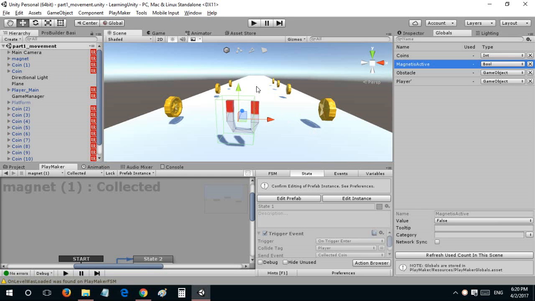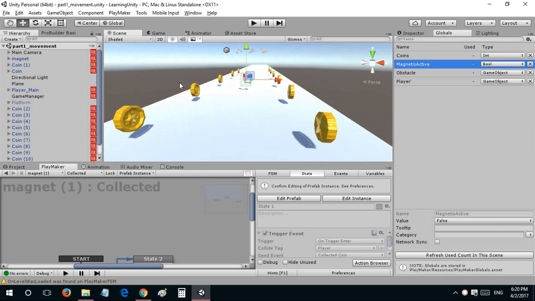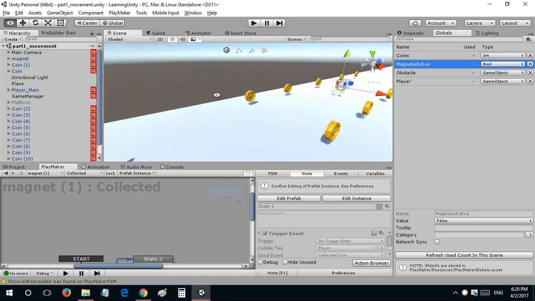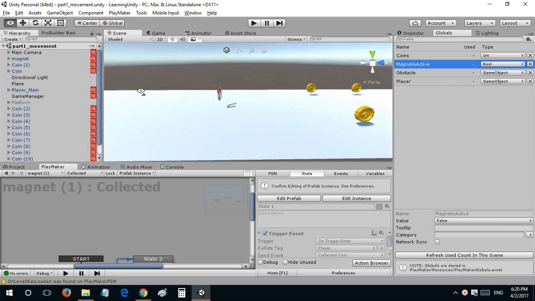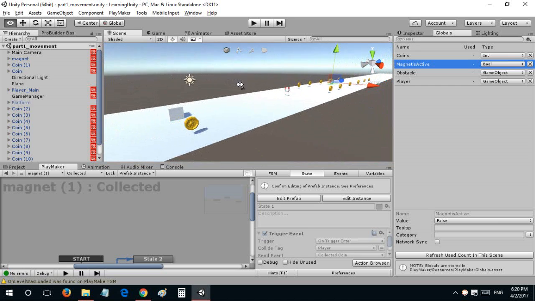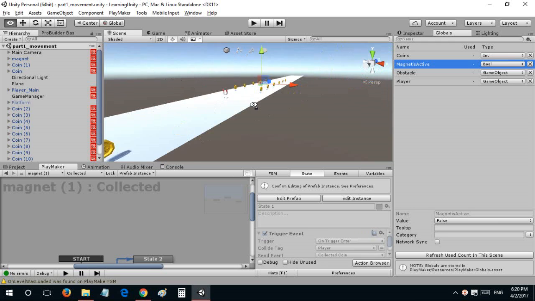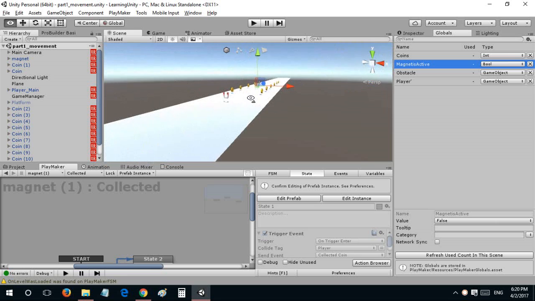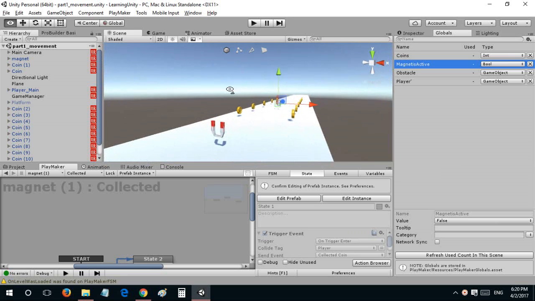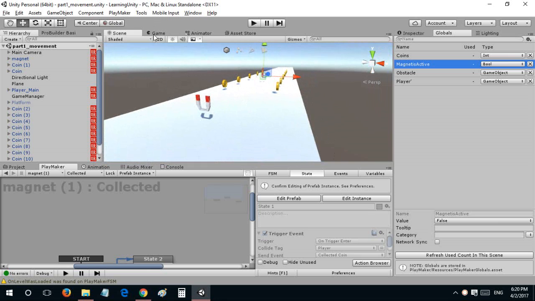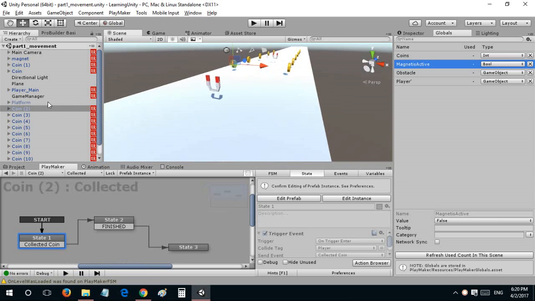So now that we have created our coins and magnets, now we should create a particular jetpack for our player to kind of remain in the air without any obstacles. So that is going to be, I mean, it won't take long, but I'll try to keep it simple. So let's get rid of these,